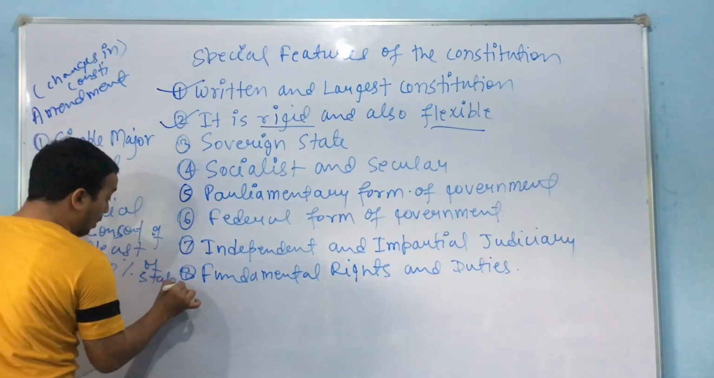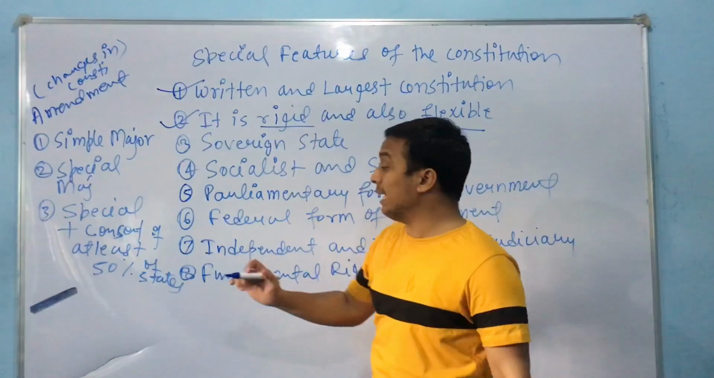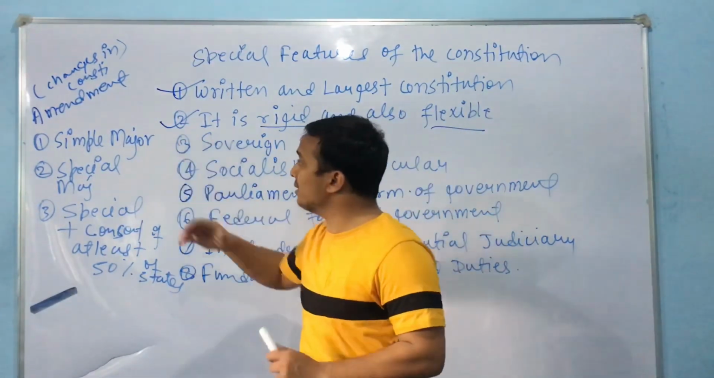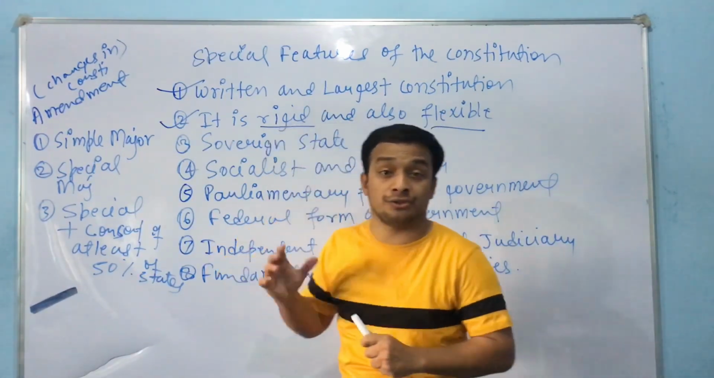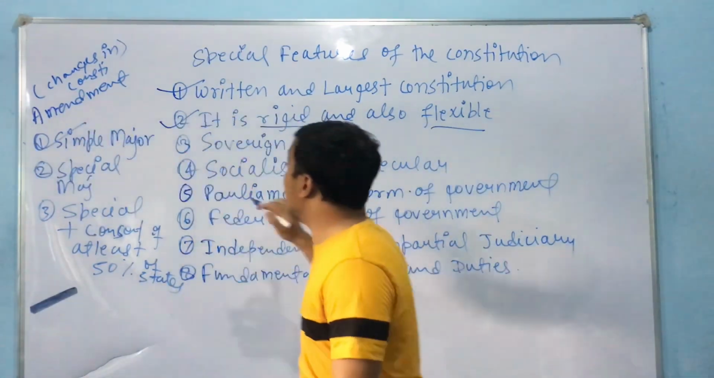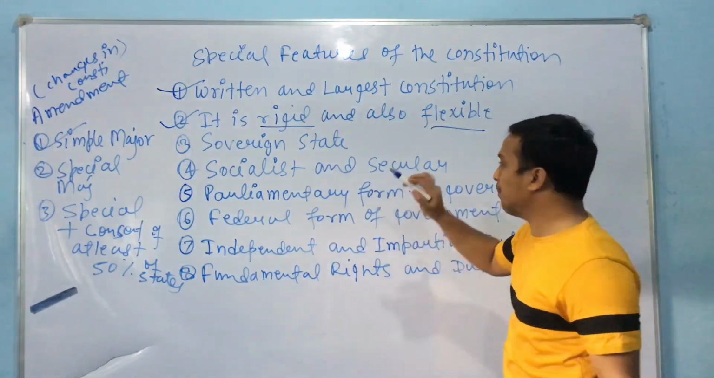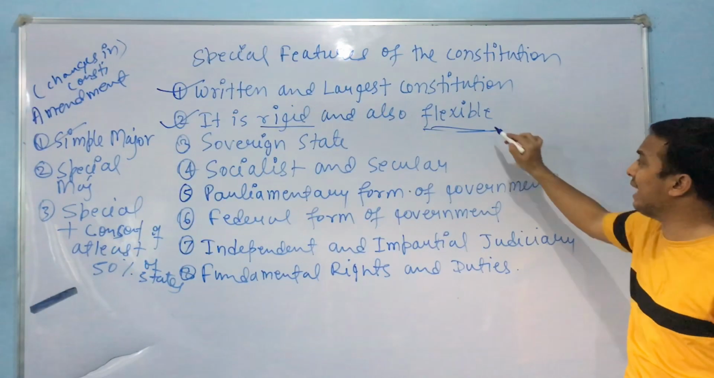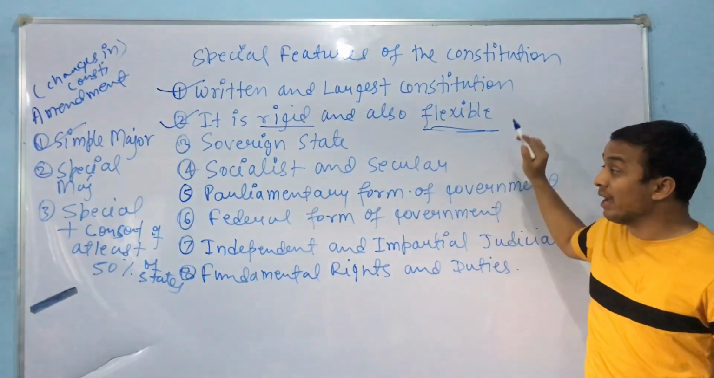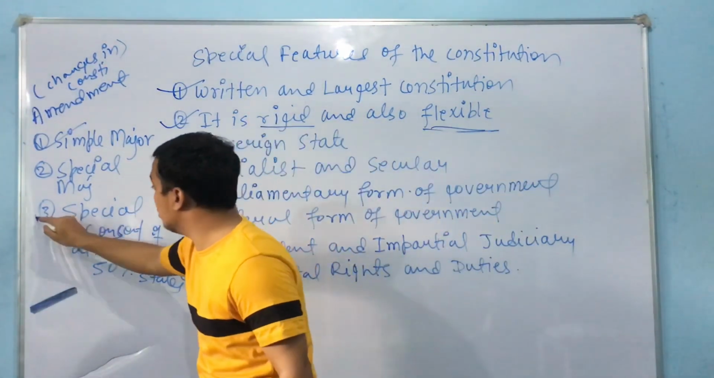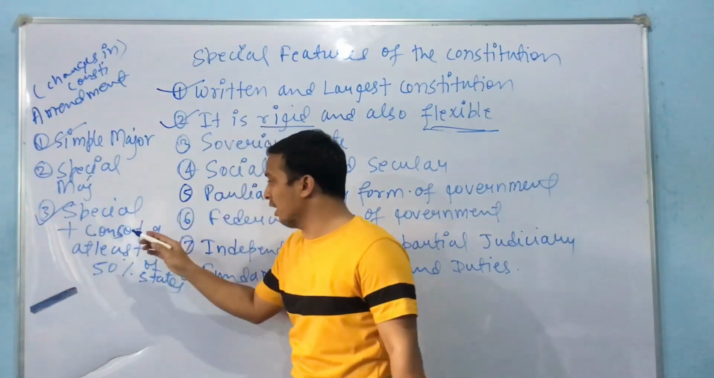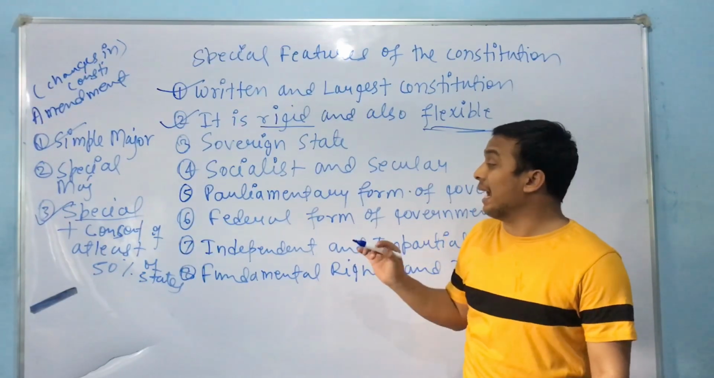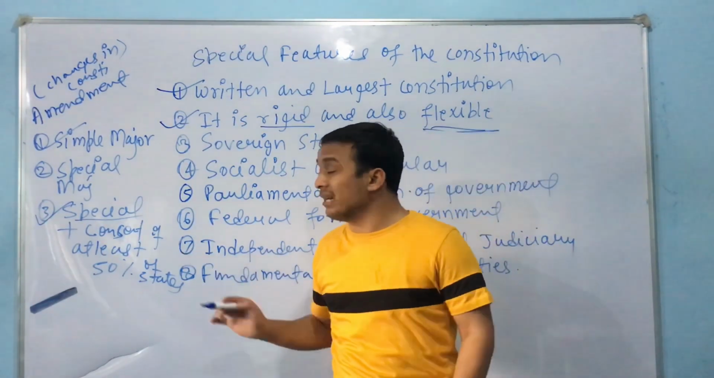Okay, so at least हमें 50% states की परमिशन लेनी पड़ेगी। So see, you can see that some of the features of the constitution they can simply amend it। Okay, हम simple majority से कर सकते हैं। So ये क्या है? Flexible। Whereas some of the features of the constitution they are difficult, for example they require special majority with at least 50% consent of the